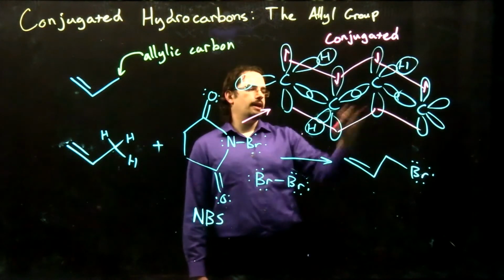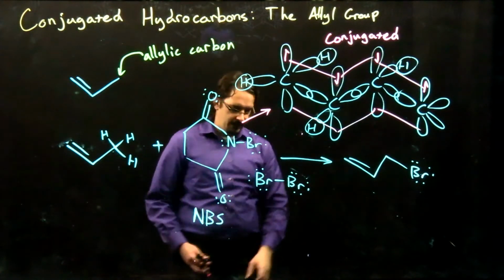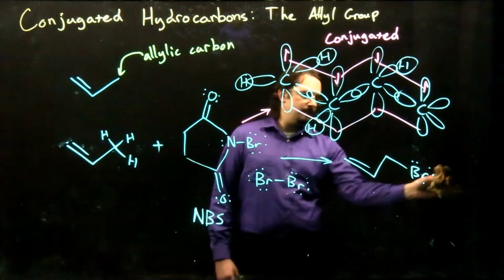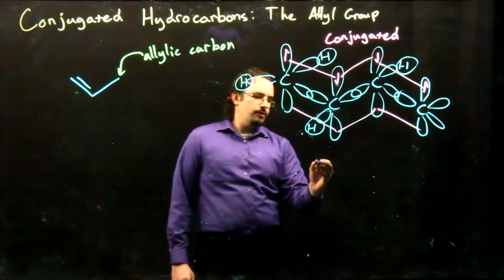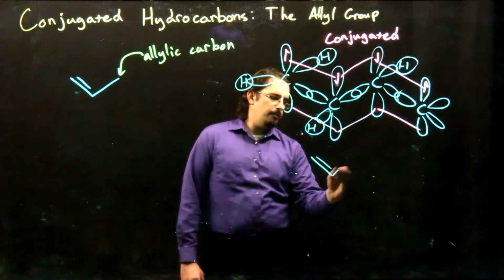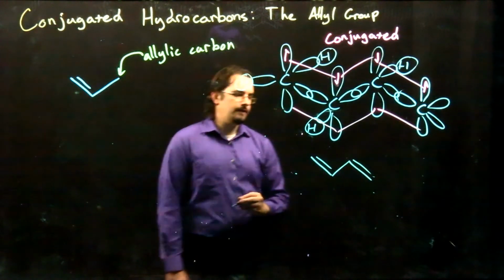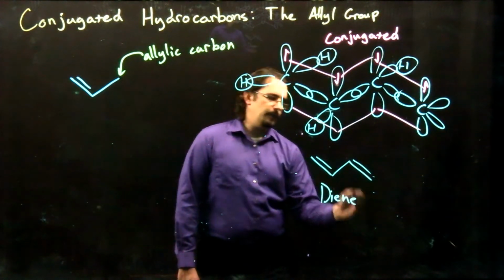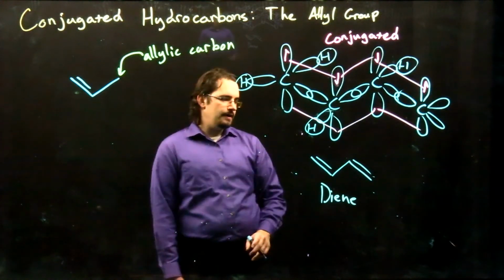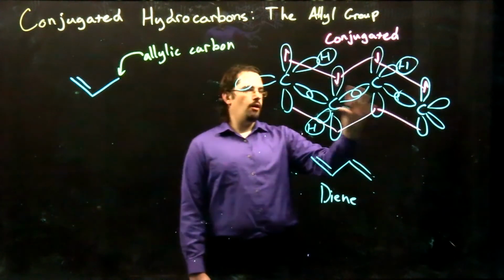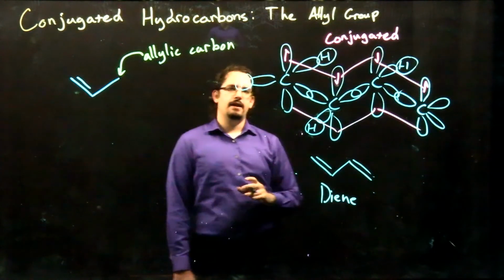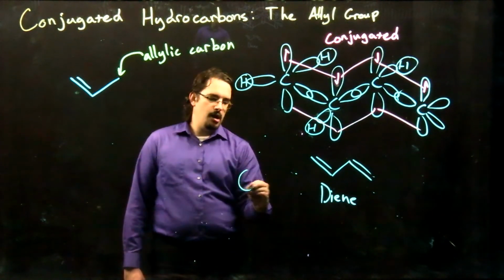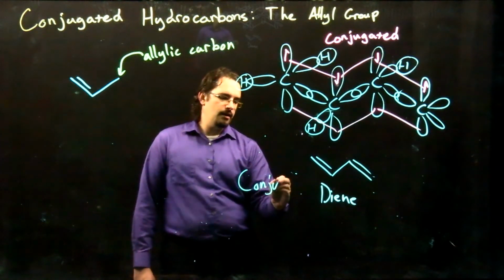So I have two pairs of electrons essentially representing two different double bonds. So I can represent these two different double bonds using a bond line formula like this. We would call this a diene, since we have two different alkene bonds. Since all of our p orbitals can sit next to each other and overlap, we refer to this as a